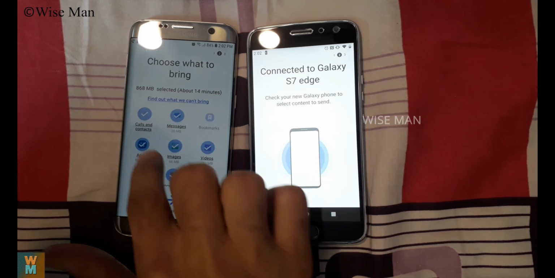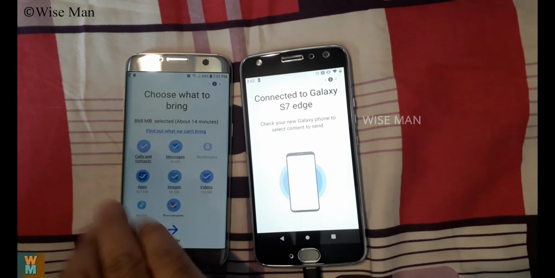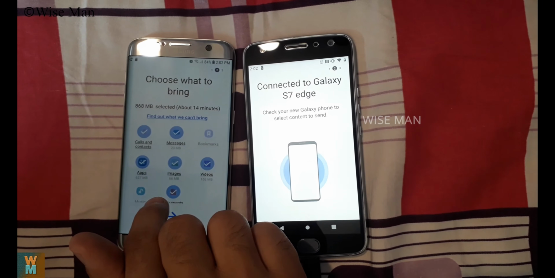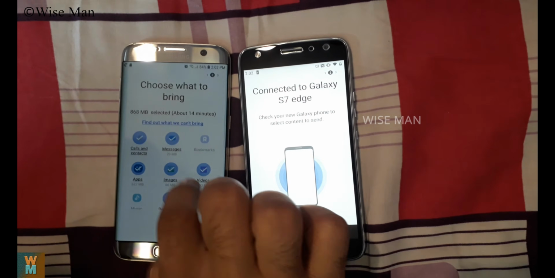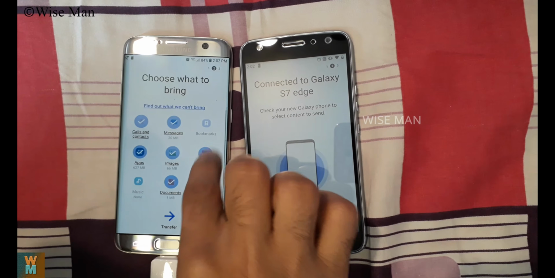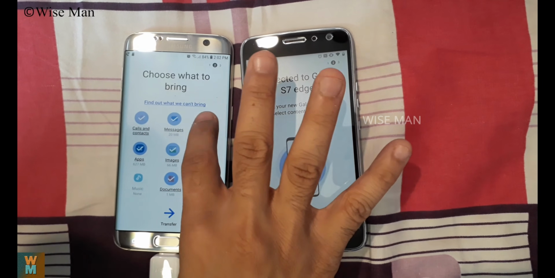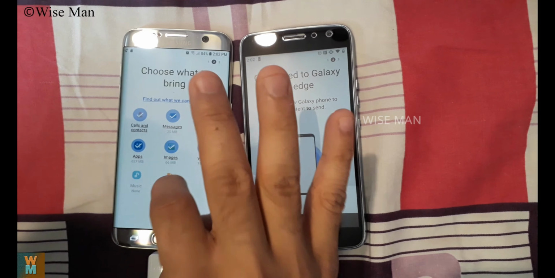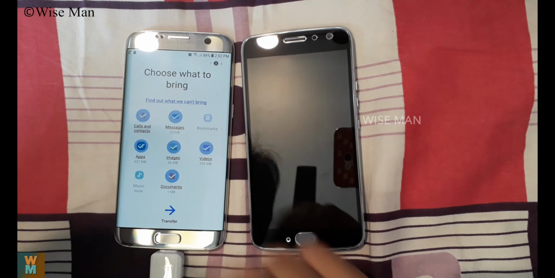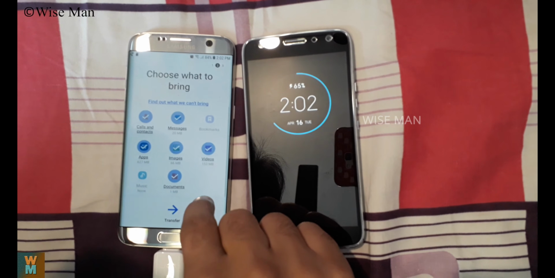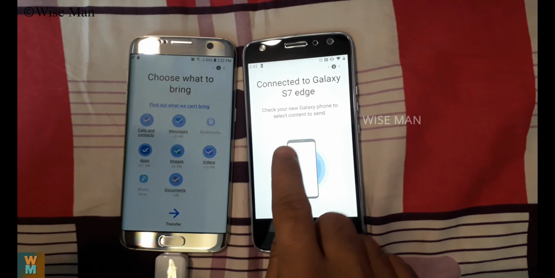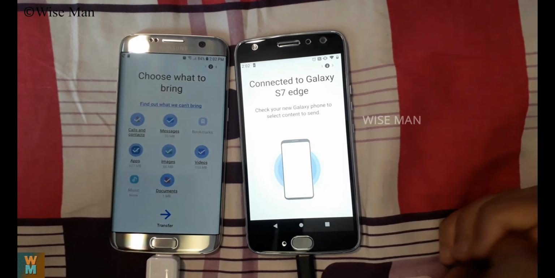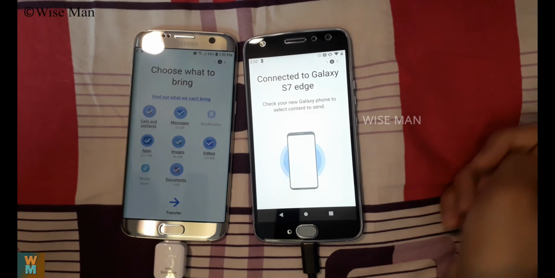As you can see, in my new phone it is giving me the option of what things I need to bring over. I can select all these things and then click on the arrow at the bottom to transfer. Just click on that to transfer all these files from your old phone to the new phone. Be sure to read all the notes